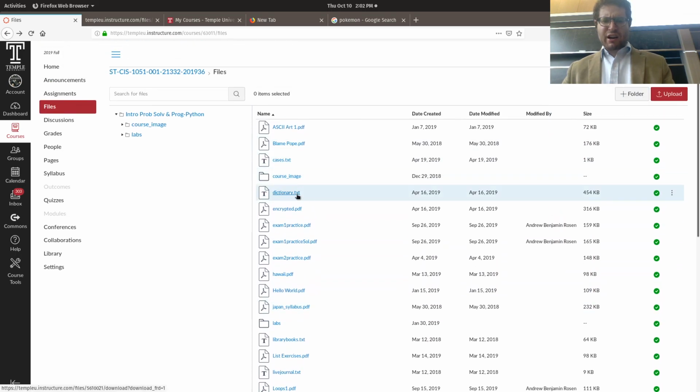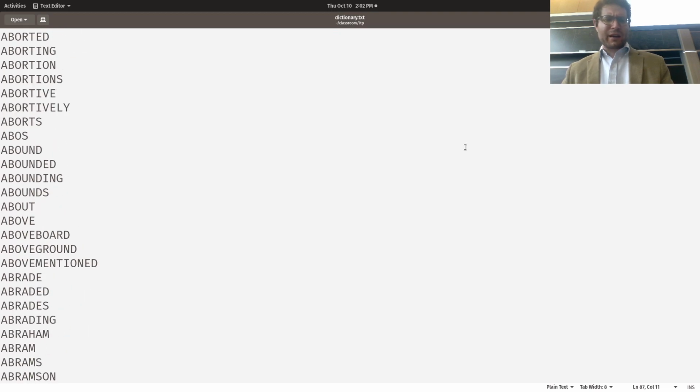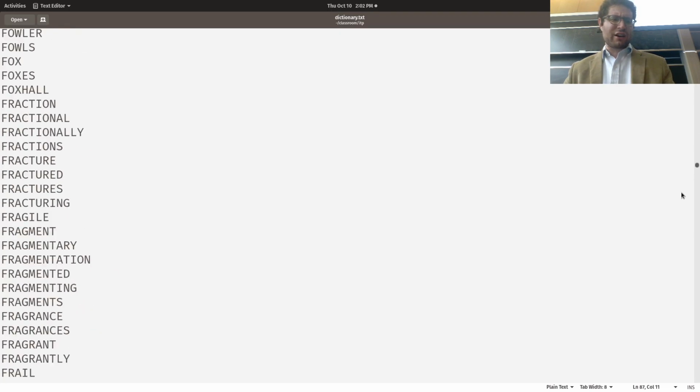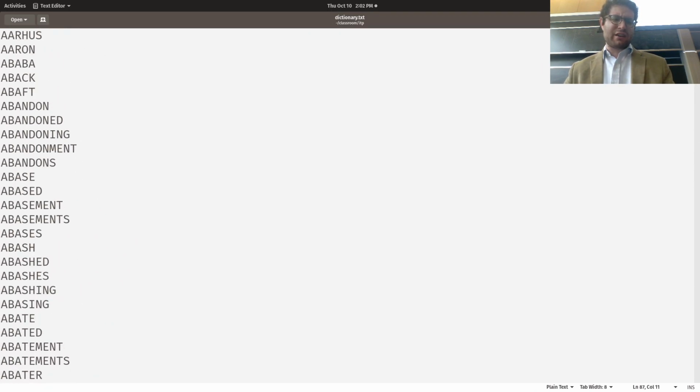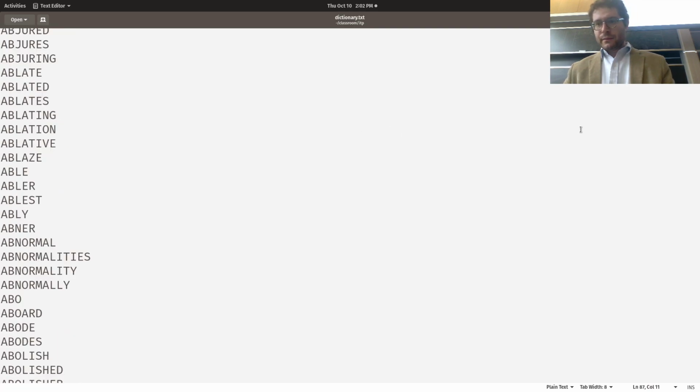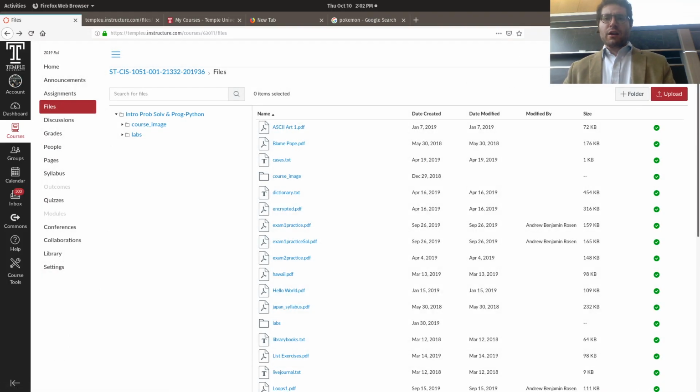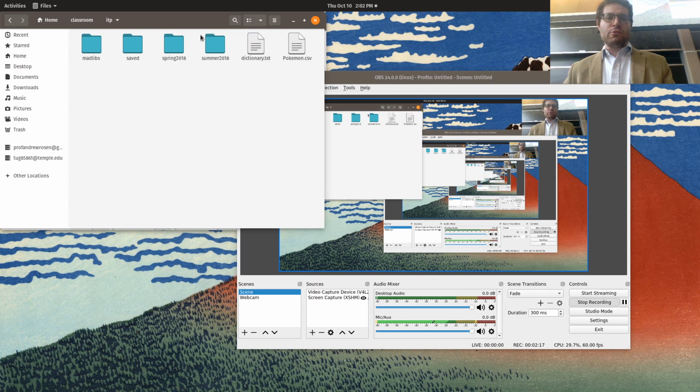And the dictionary.txt is basically a dictionary of all the words in the English language, and I do mean all of them, or the vast majority of them. And it's a file. Now, the thing about file reading in Python and any programming language: in Python it's easy. In other programming languages, they make it a bit difficult. But the most important thing is that when we create a new